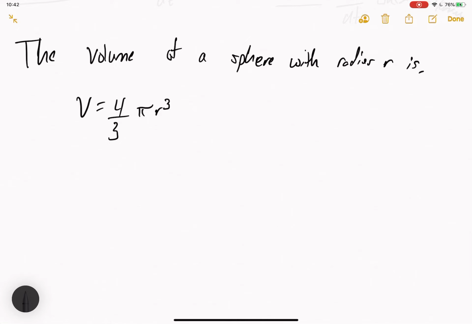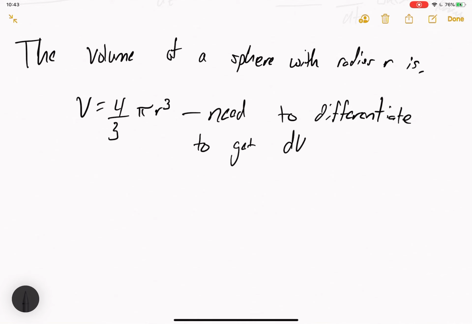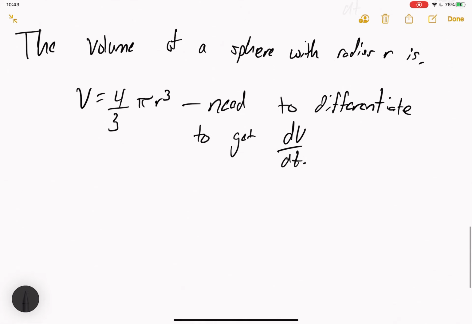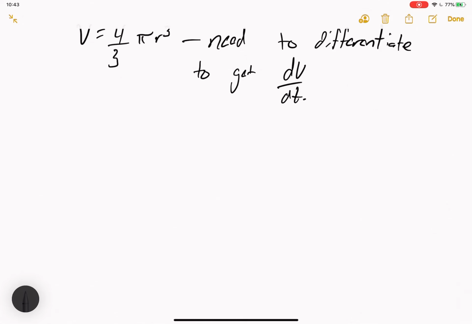So the thing is now, we have the rates as functions of time. So we need to find this equation with dV/dt in it. So we need to change this. And what I mean by change is we need to differentiate this equation to get the desired values. Because if we say our volume and our radius are functions of time, then when we take a derivative with respect to time, kind of like what we did with the pool,